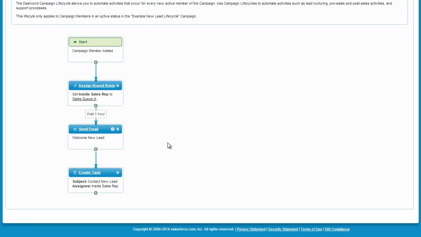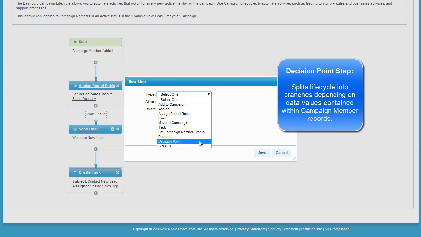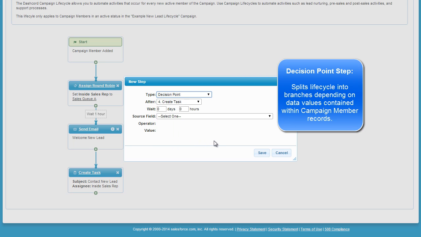Hitting save here takes me back to my Lifecycle screen where you can see that the new task has come up. The last thing that we want to add as part of this Lifecycle flow is to wait a couple of days and then check whether or not this lead has been contacted by the sales rep. The way that I'm going to do that is by selecting a decision point step. A decision point step gives us branching of this lifecycle based off of data that's contained on the campaign member record. So if I select decision point here and say we want to give that sales rep 3 days to